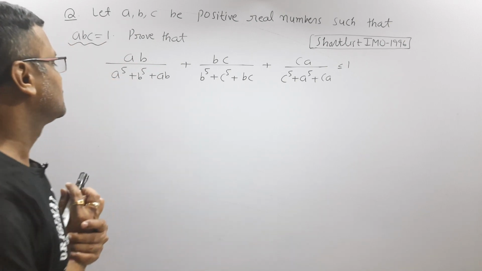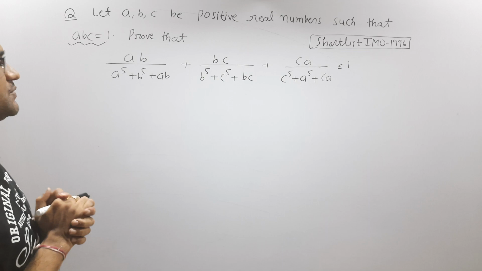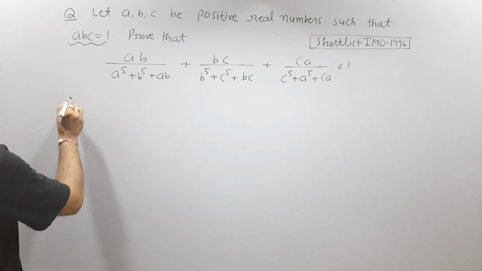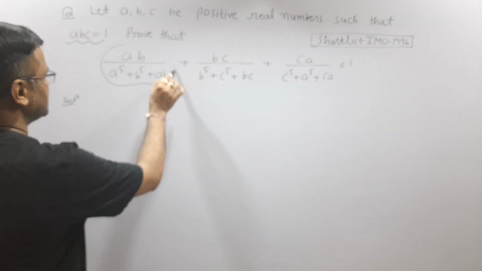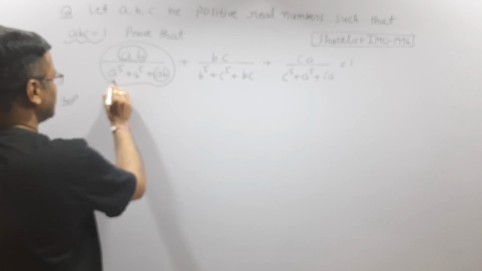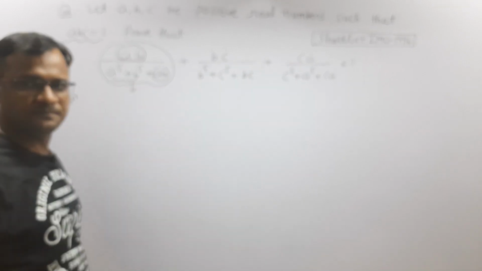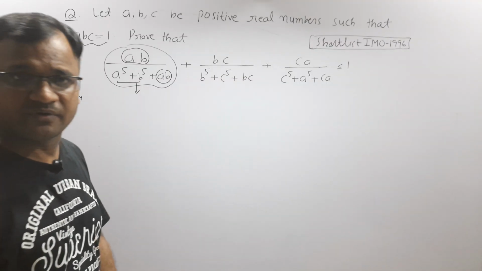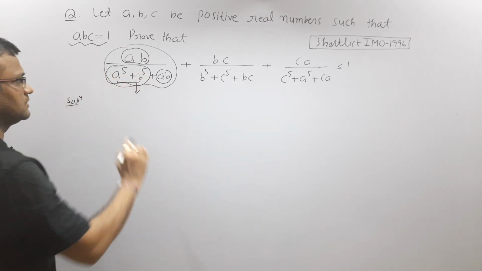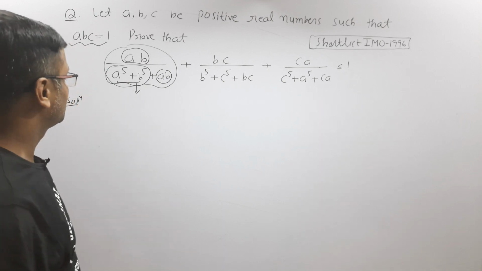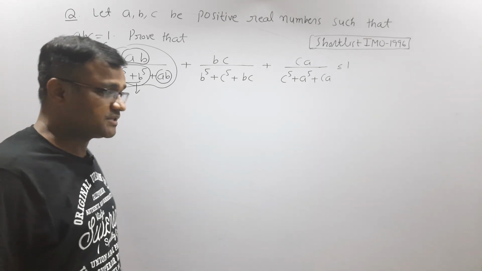Okay. So what can you do? If you look at the first term, you can say that this term is heterogeneous. Why heterogeneous? Because if you observe the degree of the numerator, there are two terms in the numerator, the degree is 2, here the degree is 2, but these two terms are of degree 5, a to the power 5 plus b to the power 5. It means that this sum has a key role in this problem. So first of all, I am going to attack this sum.